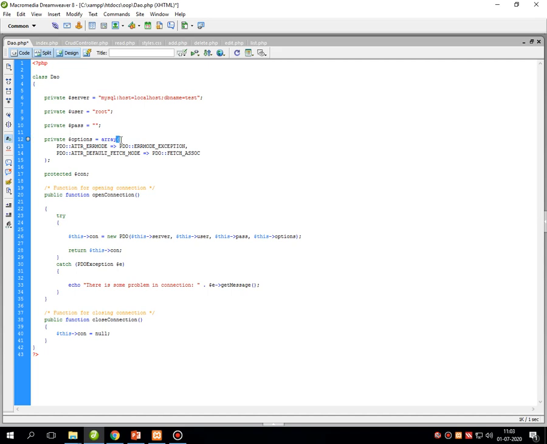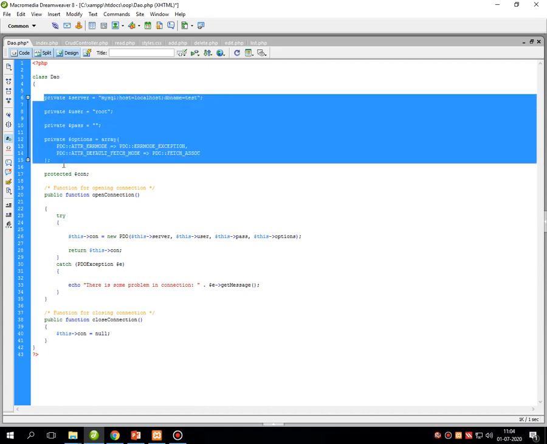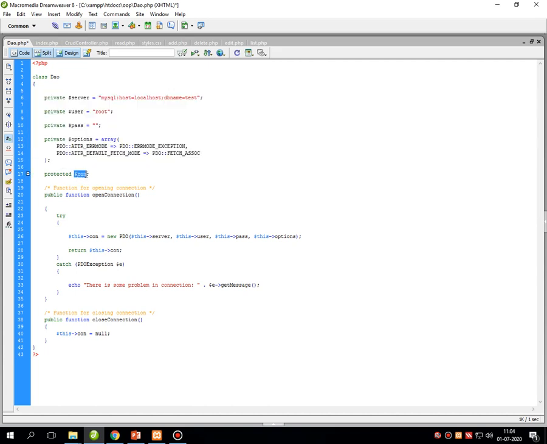Now this round bracket should be completed with a semicolon. Then my object number 5, after all these lines, is $connection, which is protected. After this, I have created a function called openConnection as public.